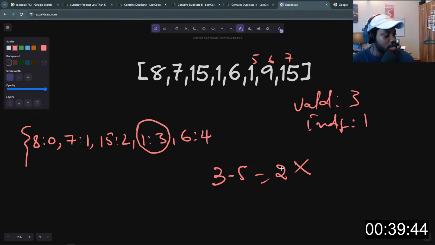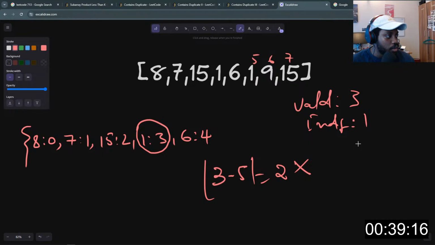So here already, this is wrong, right? This index difference here is already more than. I mean, we are putting the absolute value, which is why I put -2, so it's equal to 2. Anyways, 2 is superior to the index diff.